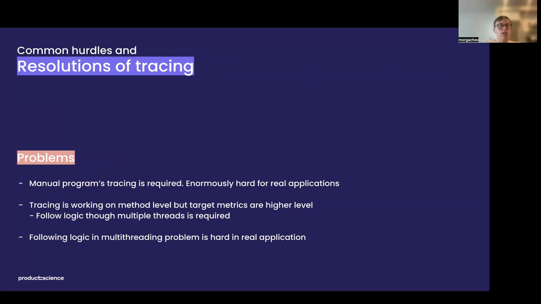Also, tracing works on the method level, but in most cases you want to optimize not some method execution, but some sequence. You want to optimize the time between your user doing something and your user getting a real reaction from the app. So you should think not at the method level, but at a higher level. And you should think about all the logic of your application during this time, not only in one thread, not only in one method. And to follow this logic from multiple threads